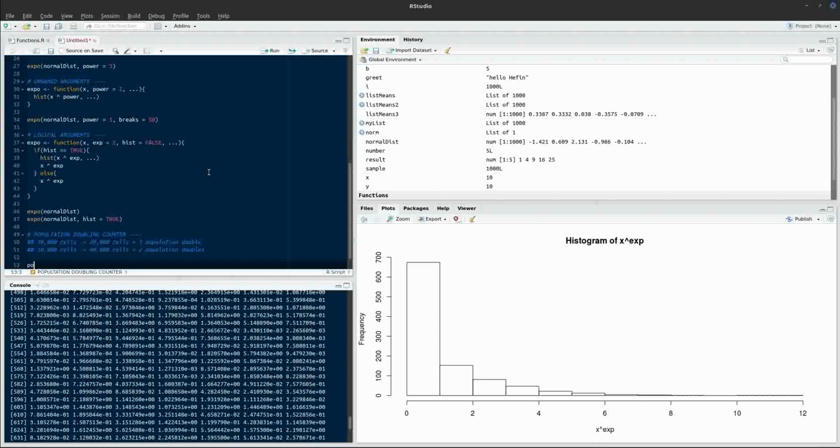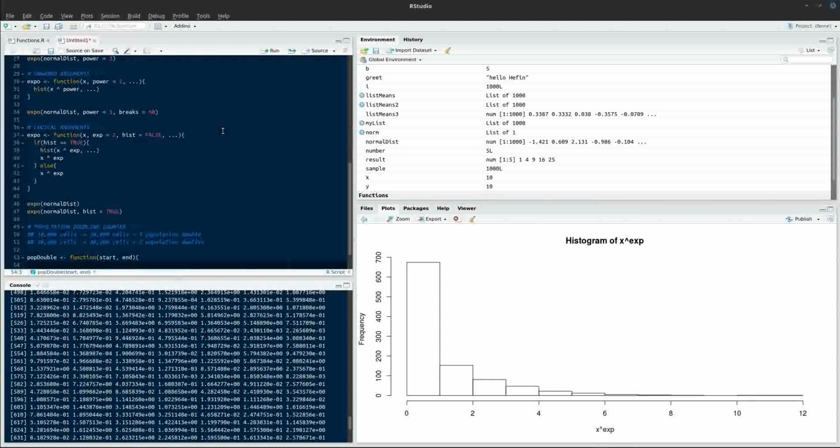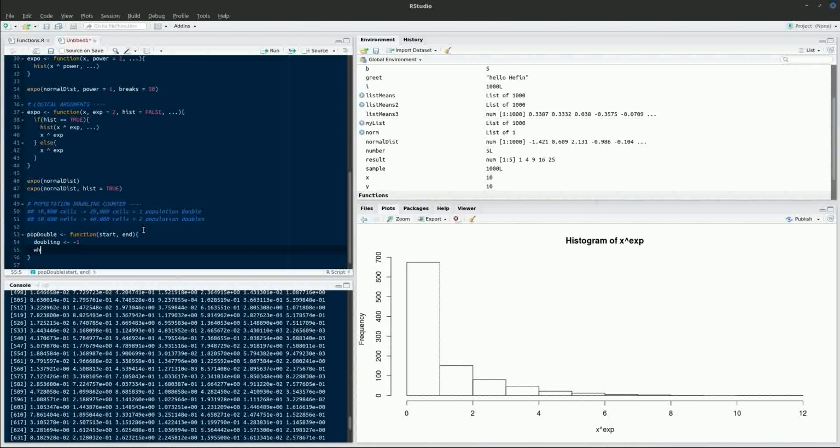So we're going to call this pop double, nice meaningful name, function, and it's going to take 2 arguments, start, which is the starting number of cells, and end, which is the end number of cells. And both of these are going to be mandatory arguments with no optional arguments. So we're going to define an object called doubling, which is going to start with the value of -1. And then we're going to use a while statement inside our function. So while end is larger than start,